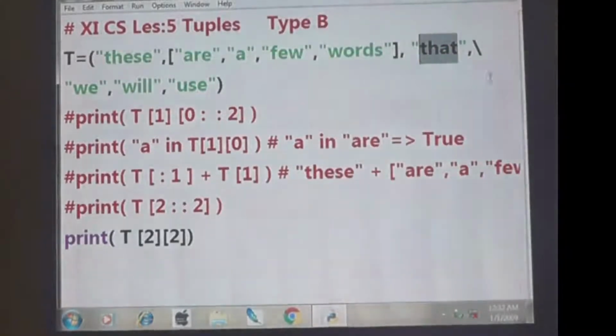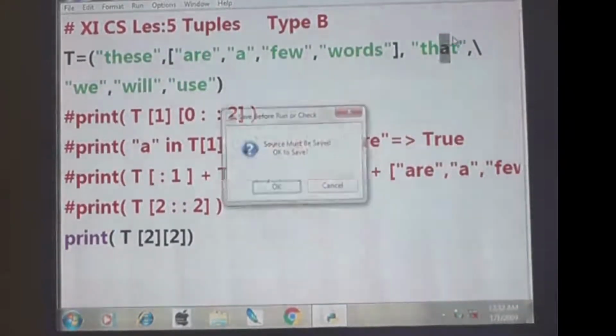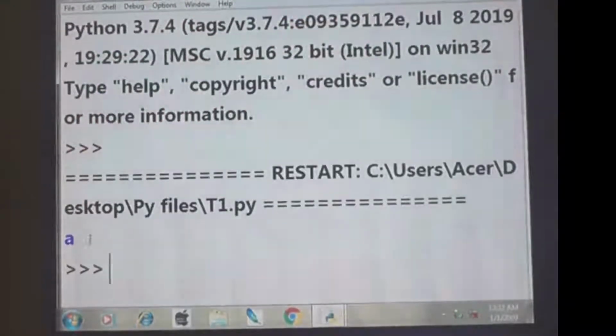T of 2 means that. This is 0th index, first index, second index. So T of 2 is to 2 means, 2 into 2, the answer is A. So that's why if I give this, you get the value A.